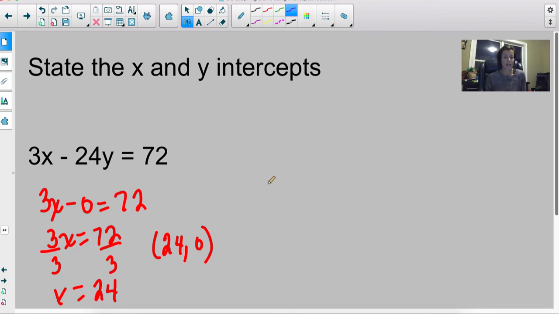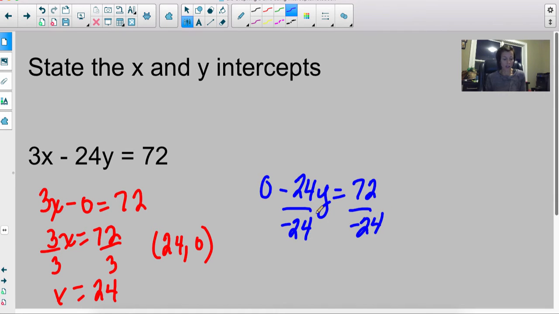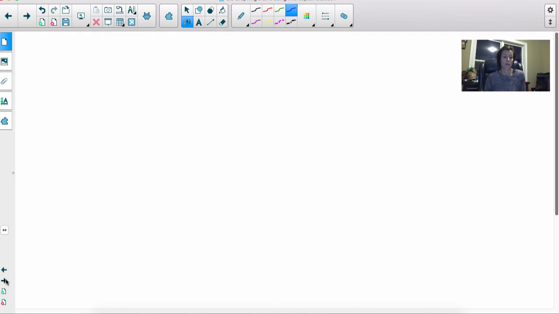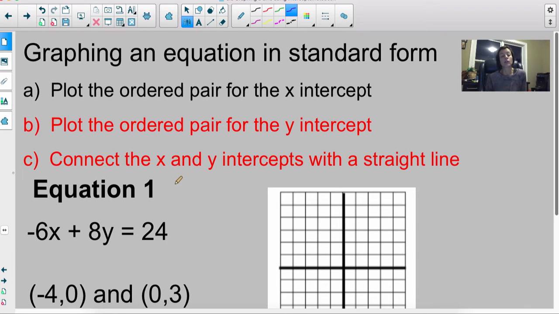And then we'll find the y-intercept. So 0 - 24y is equal to 72. Divide both sides by -24. Watch your subtractions or you're adding the negative. And then y is going to be equal to -3. So our ordered pair is (0, -3). Oopsies. All right,